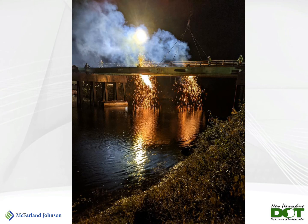This is a picturesque scene during the first night of the river bridge slide. The picture has a nice effect, but for the guys doing the cutting and those of us watching the